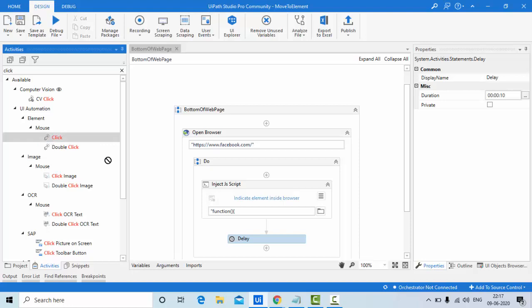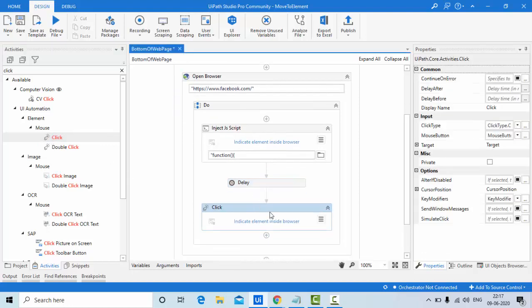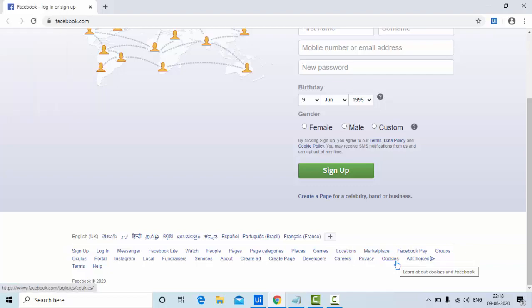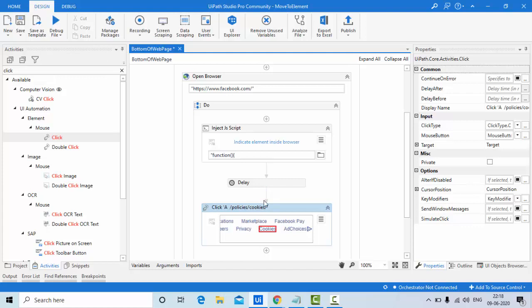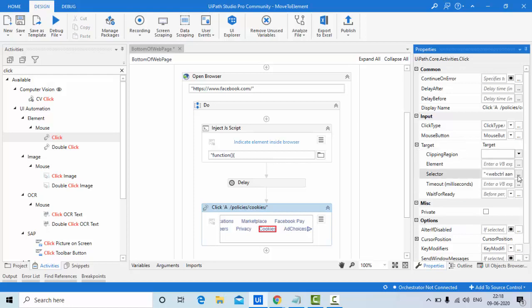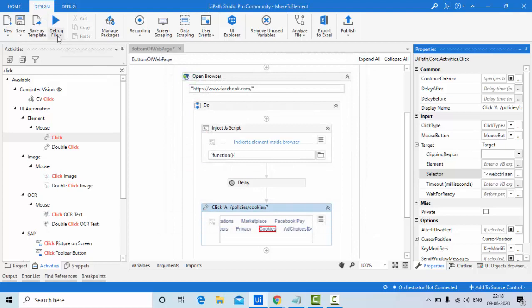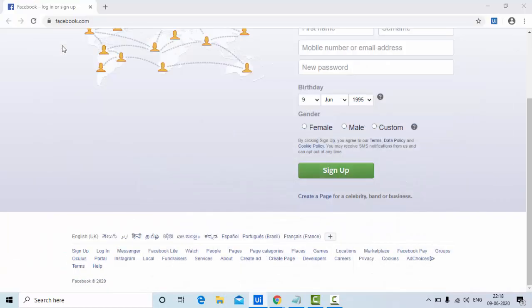Now I'll use something called the click activity here. I'll go to the bottom of the web page and click on this cookies link. Right, now let me run this.